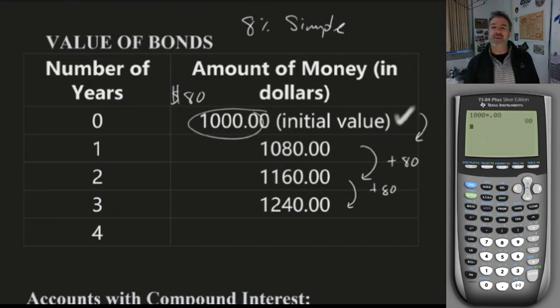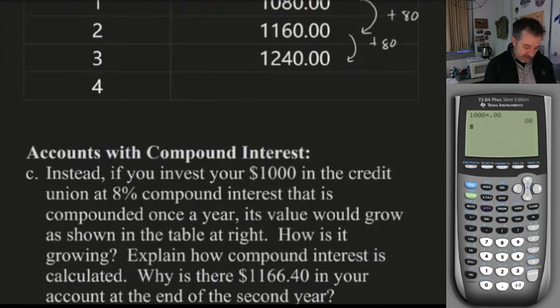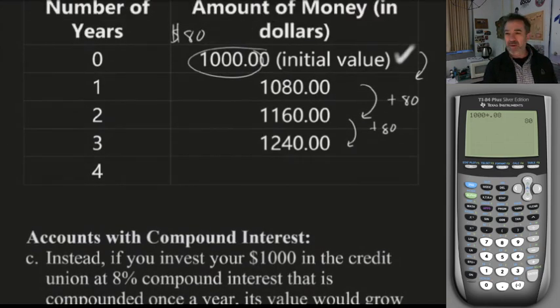So if I wanted to, I could write this out, right? I'm just going to attempt to write it right now. So yeah, I use the percent once. I use the percent once to calculate what I'm going to be adding each time. So if I was going to say the amount of money in my account, and I'll write it as an